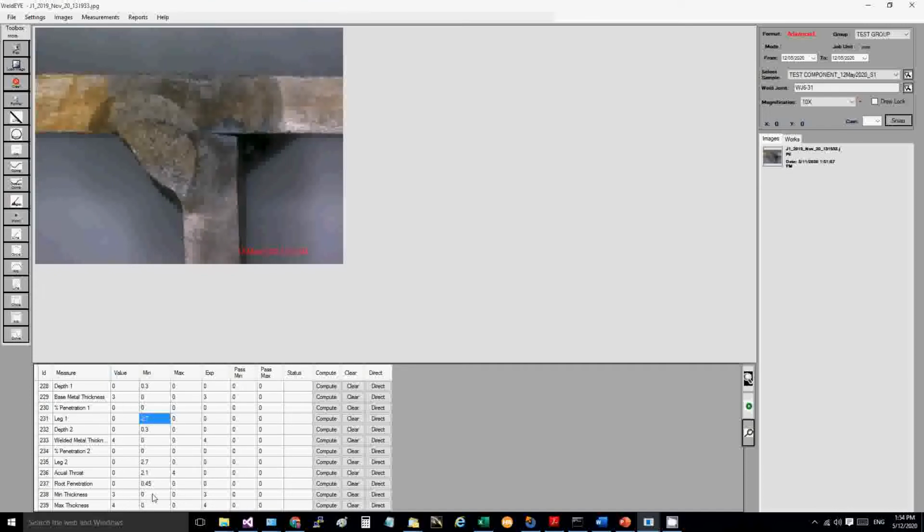If you see here, rule 1 is applied here. Now if you want to simulate a situation where you want to select rule 2, all you need to do is change the thickness to 5. If I change the thickness to 5, what happens? Now the min sheet thickness will be 4. Between 4 and 5, the min sheet thickness will become 4. So if you remember, rule 1 is for minimum sheet thickness between 0 and 3 mm. If the minimum sheet thickness is greater than 3 mm, rule 2 will be selected.